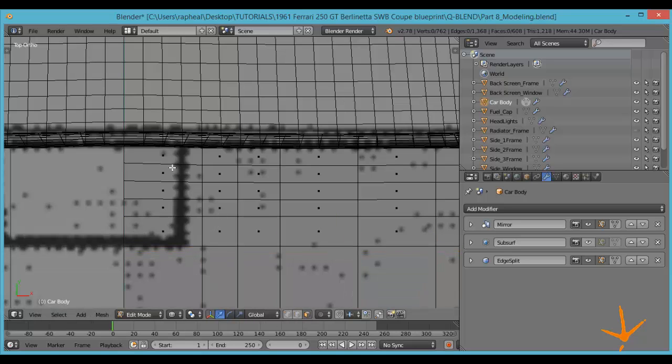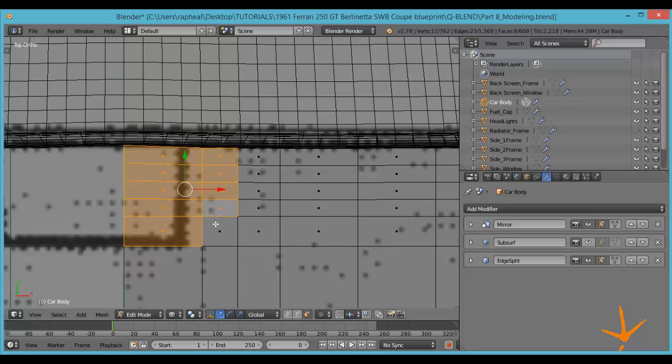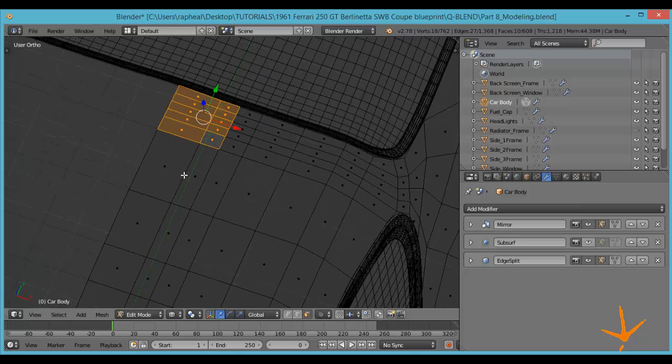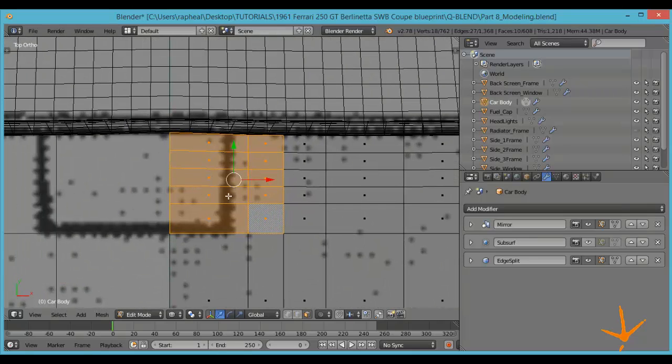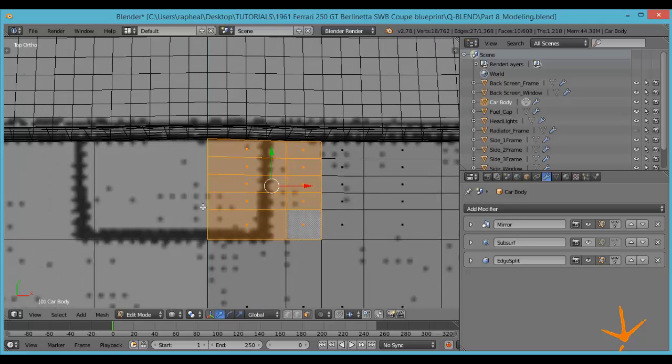Then go to face select mode and select these faces to there and also these faces. I did that because this is quite off, so we can't go only on these faces. We have to add some faces here to at least